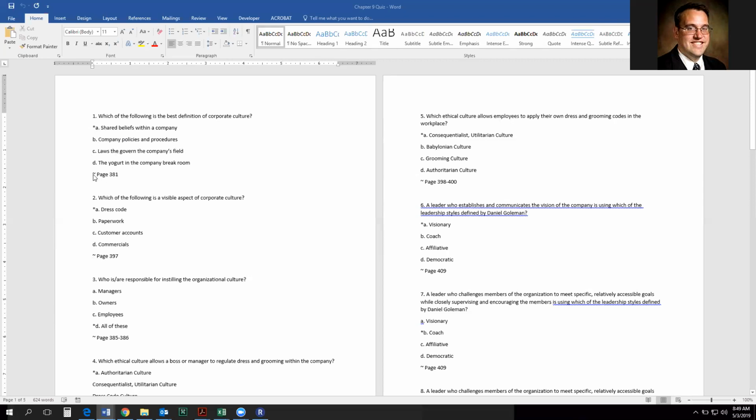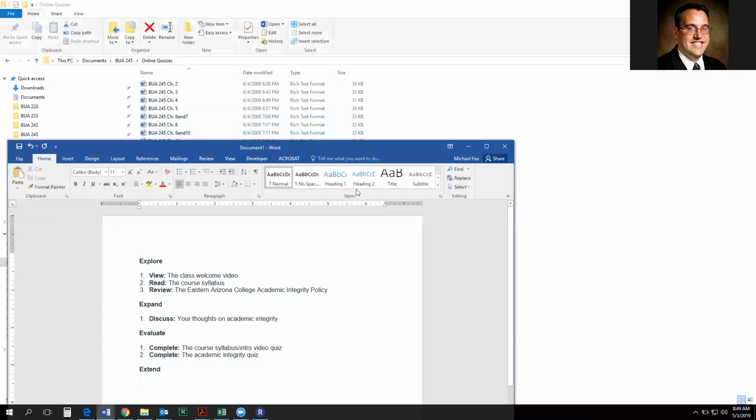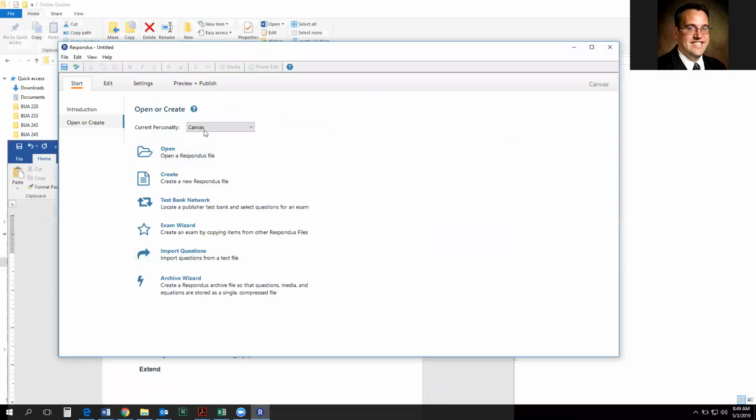You can also, by using this little tilde symbol, put feedback. So there's my feedback. It's a tilde and a space, and then whatever feedback you want. In my case, it's just showing students what page they can find the correct information on if they want to. The nice thing is that Respondus actually has